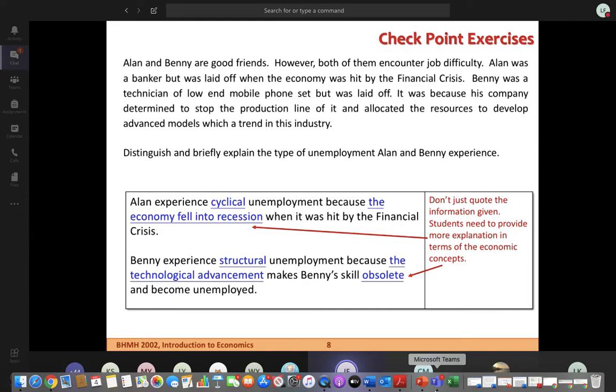So it said both of them encounter job difficulty. So Alan was a banker, okay, but was laid off when the economy was hit by the financial crisis. So the key word is financial crisis. 佢因為金融危機、金融問題，OK，令到冇咗佢份工啦。Okay, so it is about the economy. The economy fell into a recession. 呢個係一個經濟嘅衰退。OK，嗱記住，我哋入邊有 case information，呢個係個 case information。而 based on 個 case information，你就要 develop 究竟係咩原因令到佢失業。OK，咩原因令到佢失業啊？就係一個 economy fell into recession。OK，咁既然係 fell into recessions, what is your conclusion? Your conclusion is it is a cyclical unemployment。咁佢就係一個周期性嘅失業啦。